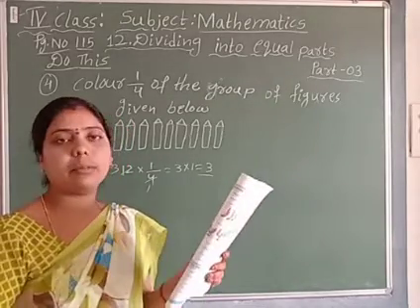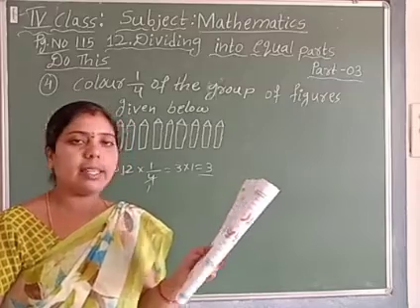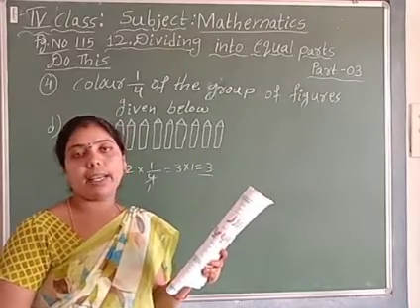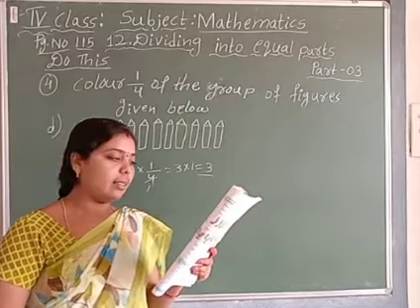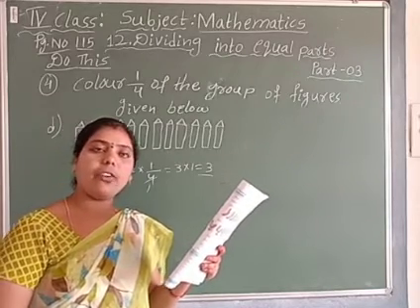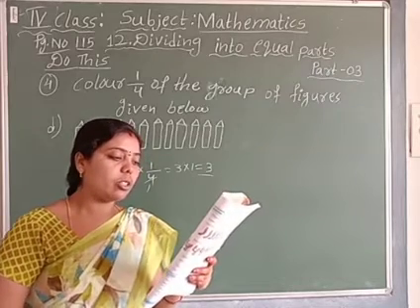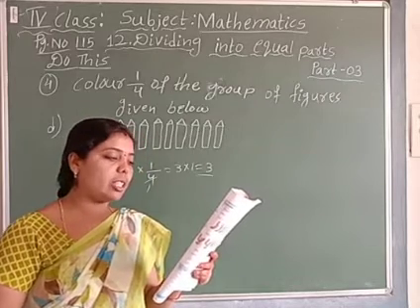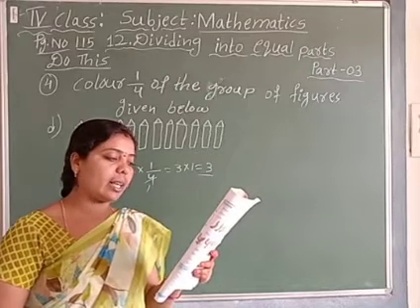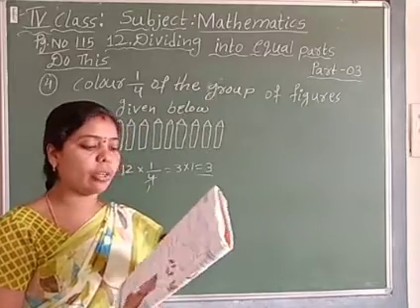Next, Rani's birthday. Rani's birthday is here. See here. Rani bought 40 chocolates on her birthday. So Rani's birthday, only that day. So Rani bought 40 chocolates on her birthday. So A1 question, see here, children. She distributed 1 by 2 of the chocolates in her class. So how many chocolates did Rani distribute in class?